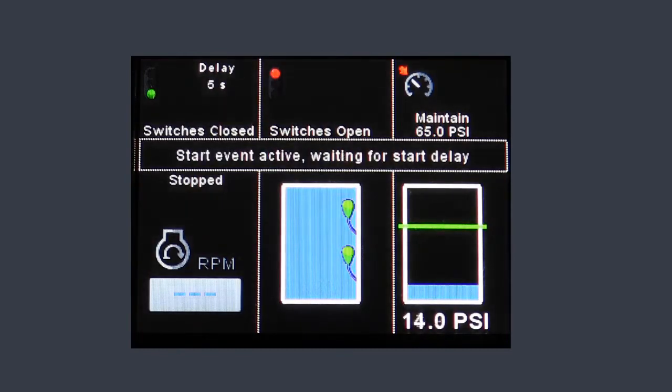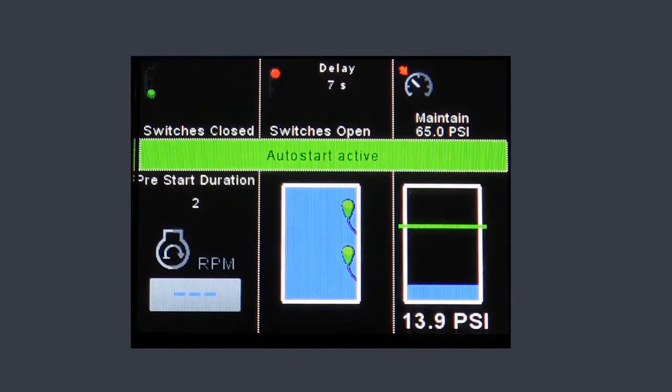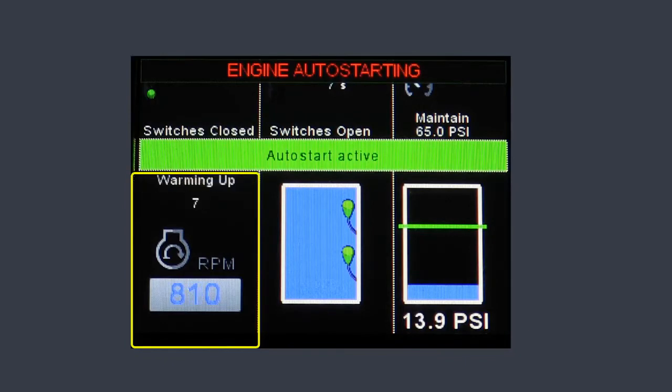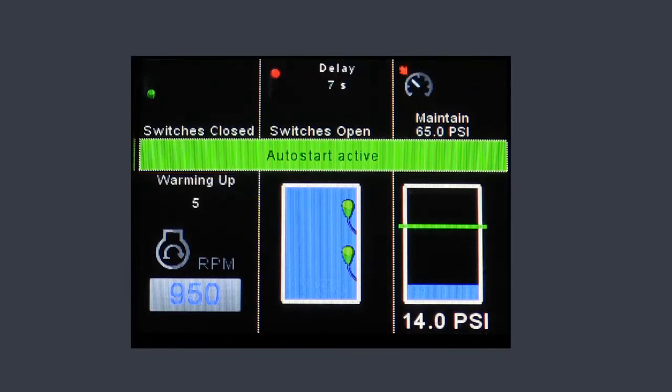Tank is full, floats go active, start delay is counting down, engine is cranked up and warming up. It is now ramping to the intermediate speed. It's pausing at the intermediate speed as pressure starts to build. It's now ramping to the run speed and